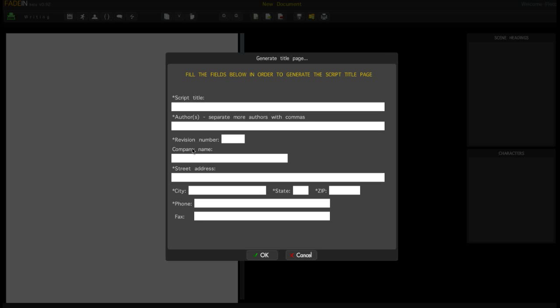So this is going to pop up a new window, and it's going to ask you to fill out a title page for your script. So let's go ahead and fill that real quick so you can see how that looks. This little piece is going to be called Flashlight. It's going to be written by me. The revision number is going to be number 1. Company name is Fletchett